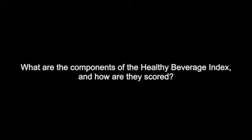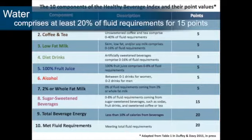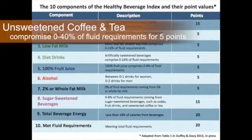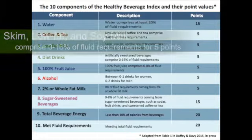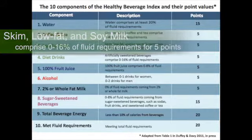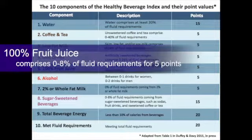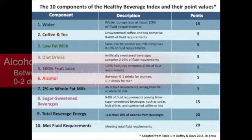So what are the components of the Healthy Beverage Index, and how are they scored? So the Healthy Beverage Index is composed of 10 components, including water comprising at least 20% of fluid requirements for 15 points, unsweetened coffee and tea comprising 0 to 40% of fluid requirements for 5 points, skim, low-fat, and soy milk comprising 0 to 16% of fluid requirements for 5 points, artificially sweetened beverages comprising 0 to 16% of fluid requirements for 5 points, 100% fruit juice comprising 0 to 8% of fluid requirements for 5 points,